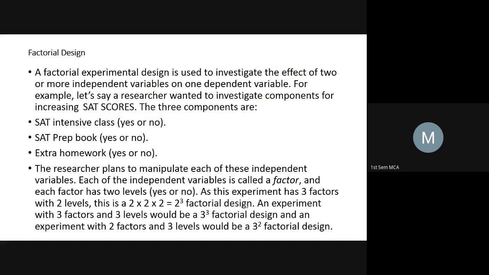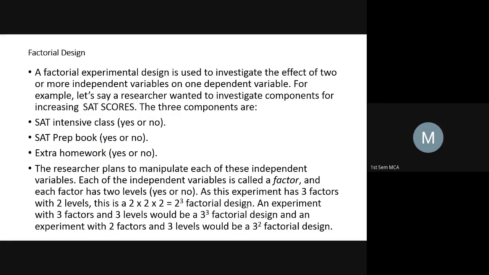Suppose I want to buy an iPhone 11. The price says 70,000, but the warranty is 1 year. Some other shop person says that it is 68,000, warranty is 2 years. Now I want to see whether I should go for the price attribute or the warranty attribute to buy my mobile. Y is equal to price plus warranty. Whether I should consider price and warranty, price or warranty. So it is always like levels and factors.